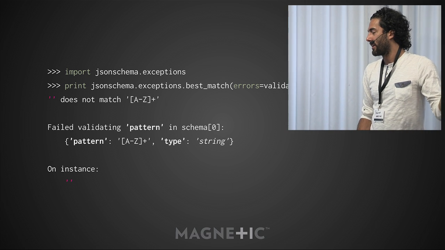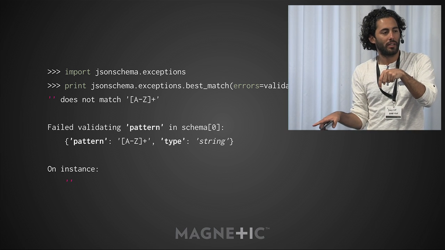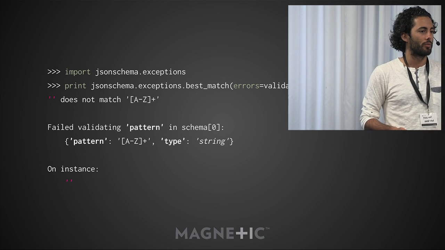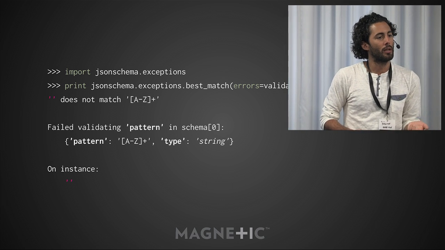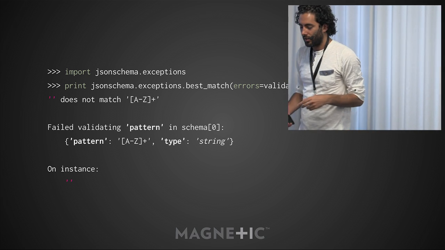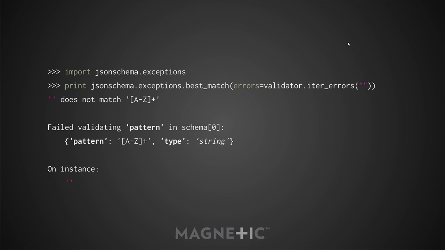And if, for example, you had an instance that had 10 things wrong with it, and one of them was a one-of, and that one-of had a nested, nasty thing, best match is going to traverse all of that and decide which one is most likely to be the thing you want to fix first. There's other things in there, but this one is typically the most useful one. Questions?